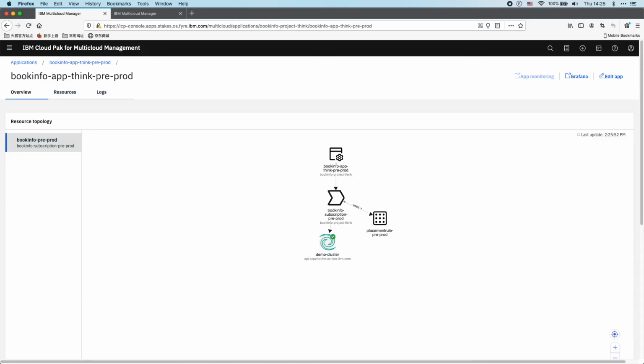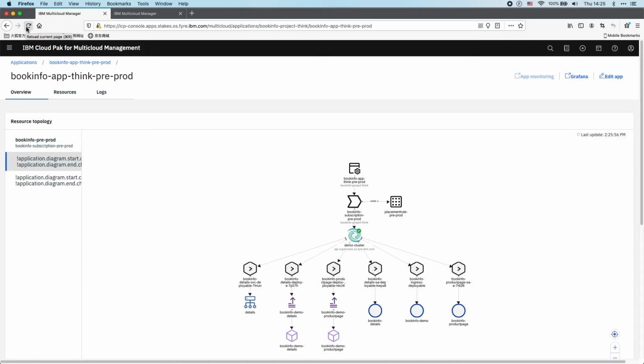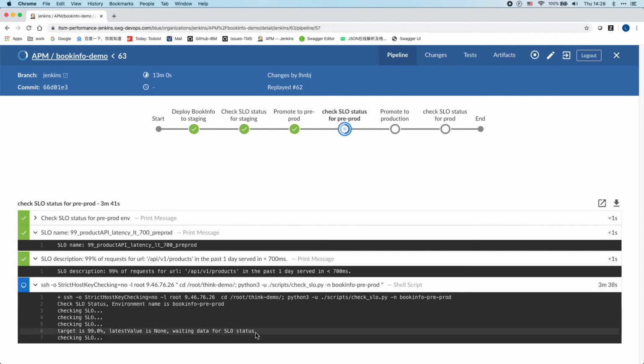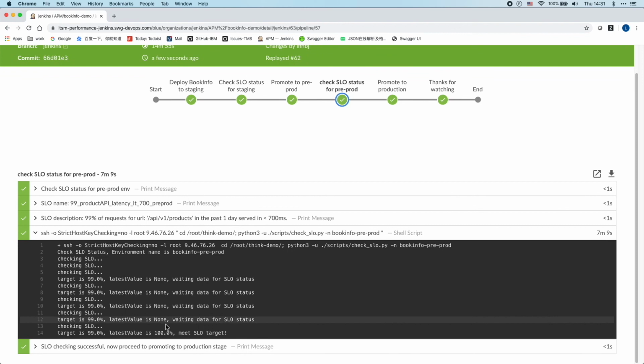Back in Cloud Pak for multi-cloud management, notice that the deployment topology for pre-prod environment reflects the pods, services, and other deployment objects. Please note the measurement window in the pre-prod environment is set to 1 day versus the 1 hour time frame that we set in the staging environment. Cloud Pak for multi-cloud management gives you the ability to control and measure SLO for different time durations for different environments and clusters. SLO target in the pre-prod environment has now been met and the code is promoted to the